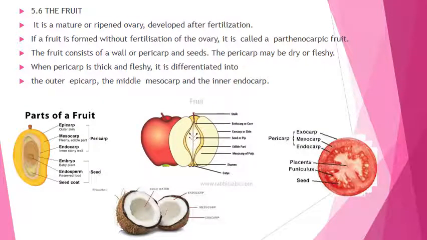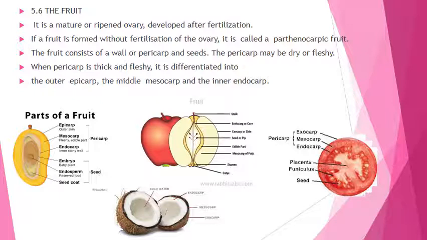Move on to the fruit. What is the fruit? As I had already said in the earlier slide, the fruit is nothing else but the mature ovary. A mature, ripened ovary is called the fruit. It is developed after fertilization. If the fruit is formed without fertilization of the ovary, then that fruit is called